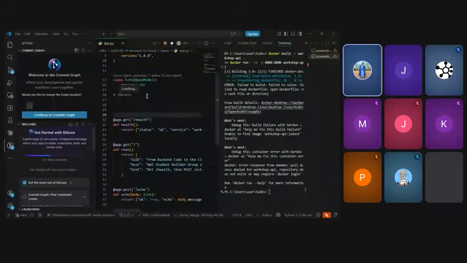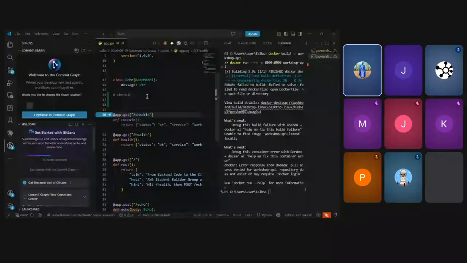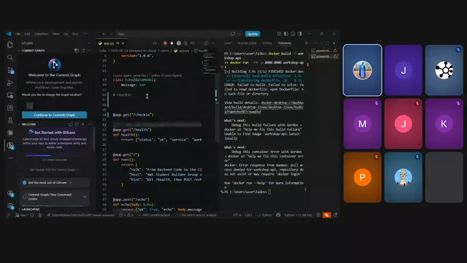I can add that, slash check-in. So you can define what the check-in needs to check, what credentials are needed for you to check in. So define it by using define check-in.